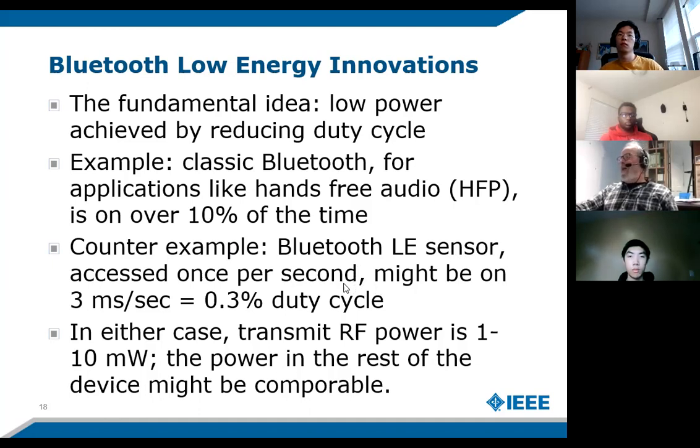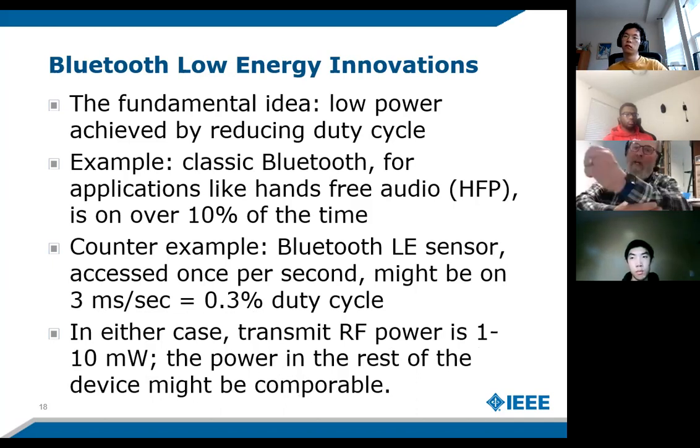The way it works, which I'll explain in later slides, it might only take 3 milliseconds to advertise, connect, exchange some information, and hang up, which means 3 milliseconds out of 1,000 milliseconds is a 0.3% duty cycle. That means it's mostly off. So what we often observe is that the transmit RF power is somewhere between 1 and 10 milliwatts. And the power in the rest of the device might be comparable depending on how the sensor works.